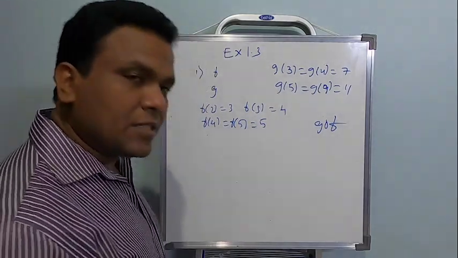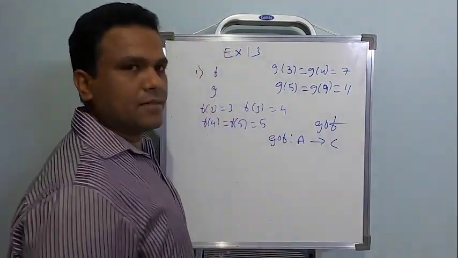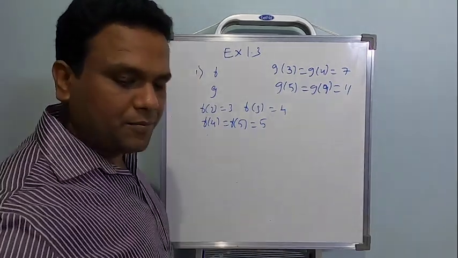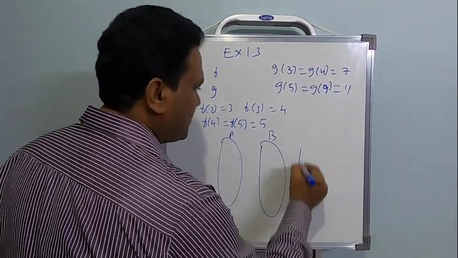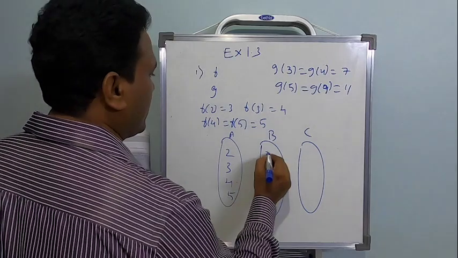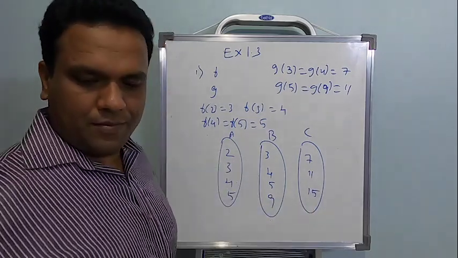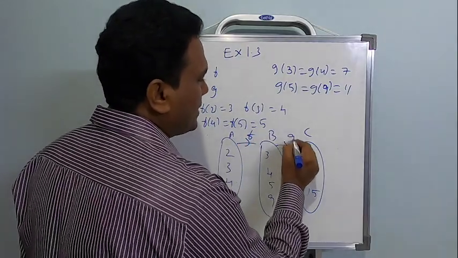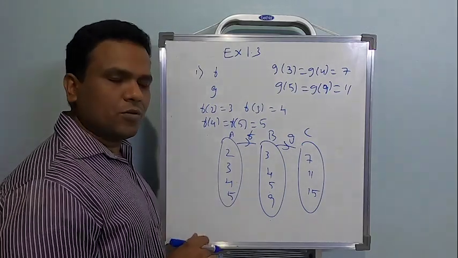While explaining composition of functions, I said g of f is a function from set A to set C. This I will explain with the help of the arrow diagram. It's quite easy for us to go through an arrow diagram. So I will write an arrow diagram here. This is set A, there is set B, and this is set C. What are the elements of set A? 2, 3, 4, 5. Then 3, 4, 5, 9, and this will be 7, 11, 15. Now according to what has been mentioned here, f is a function from A to B and g is a function from B to C. With the help of diagrams, you can also do this same thing in the final examination. There is no worry at all.